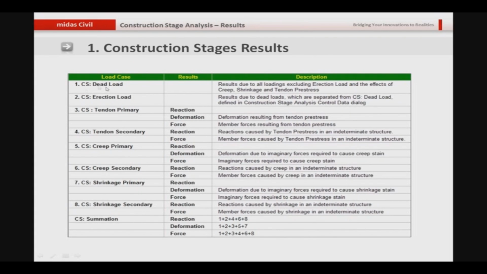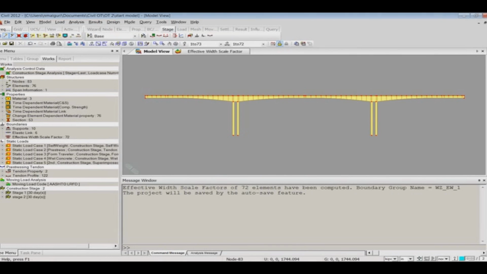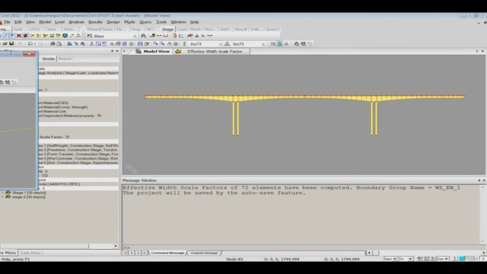As you can see here, in Midas Civil you obtain the construction stage results in a variety of manners. You obtain the dead load result, the erection load result, the tendon primary, which is the primary effect of tendon result, the secondary effect of tendon, the primary effect of creep, the secondary effect of creep, the primary effect of shrinkage, and the secondary effect of shrinkage, and then you can obtain the summation of these all. Now let me first tell you what this erection load will give you and what this dead load will give you. If I go to this model,